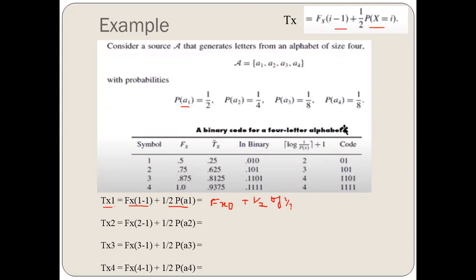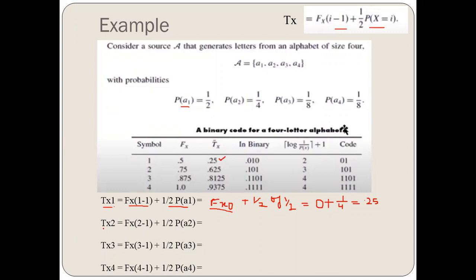1 by 4. Right? Now let's see, Fx0: I have the function Fx for 1, not for 0. So the function for the 0th symbol will always be taken as 0. So I'll take it as 0 plus 1 by 4, because 1 by 2 into 1 by 2 will be taken as 1 by 4. So it will be equal to 0.25. Right? This is equal to 0.25 that we have calculated here.